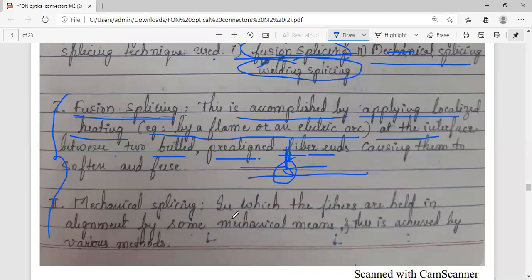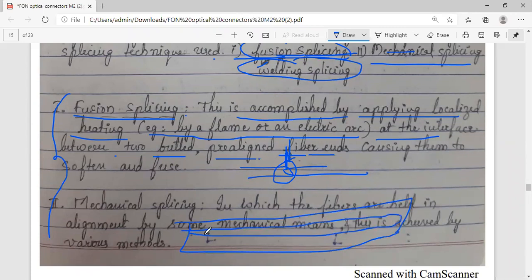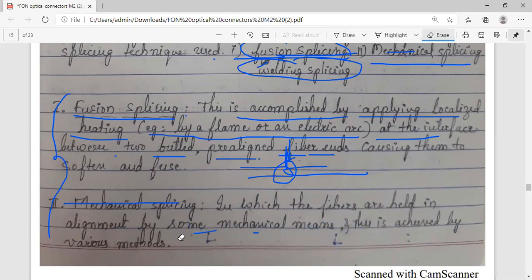So etching means what? If you have a surface like this, and you want to etch this center part, etching means you remove the central part so that the optical fiber fits in it. Why do you go for this etching? Let me give you this very clearly. If you have a flat surface with you, a smoother one,